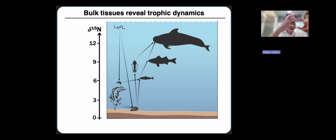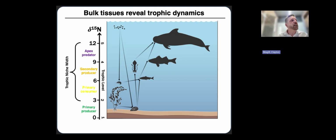We can start to combine that information and think about it in terms not just of the absolute value of nitrogen, not just the value of 12 per mil, but we can think about the differences between different parts of a food web in an absolute sense. As we go from 0 up to 12, what we tend to see is you are what you eat plus a few per mil. So things that eat